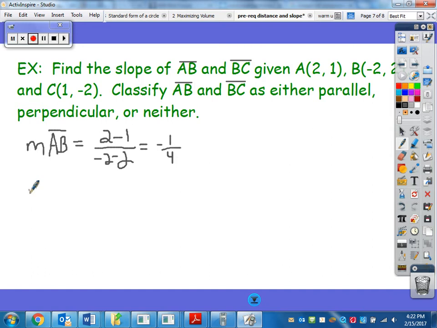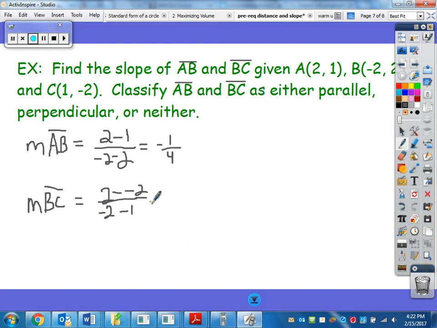Alright, the next thing I need to do is to find the slope of segment BC. So the slope of segment BC, just apply the formula. So I'm going to take the y-coordinate of one of the points. This time I'm going to start again with point B. So the y-coordinate of point B is 2, and then I'm going to subtract from that the y-coordinate of point C. And again, since I started with B here, I'm going to start with the x-coordinate for B on the bottom, which is negative 2,